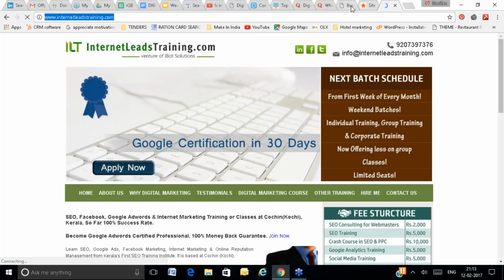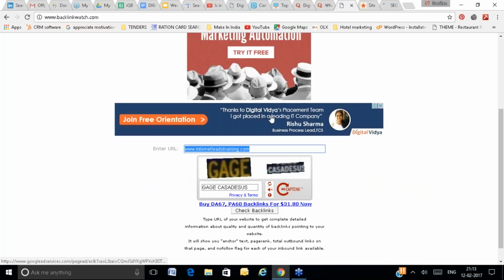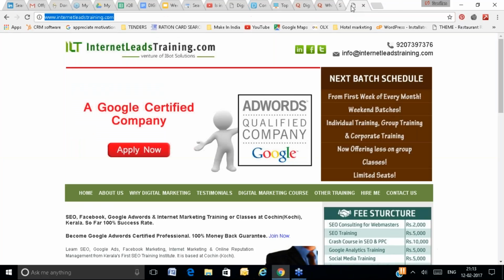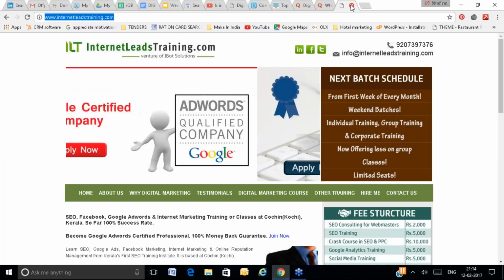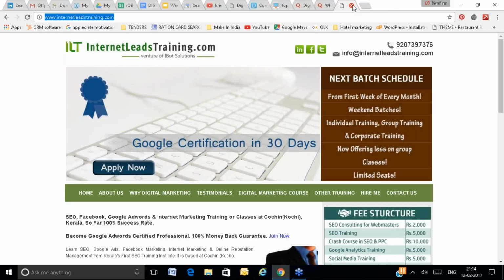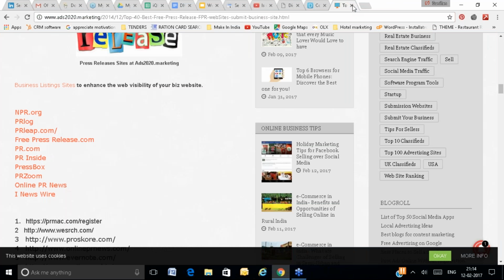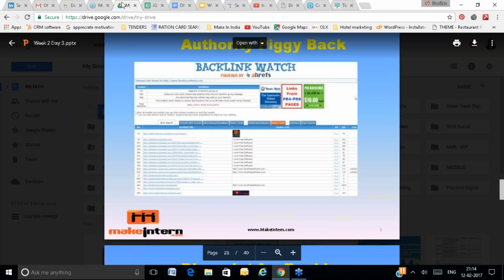Here you will place the URL and then check the backlinks. If the captcha is not correct, it won't work; otherwise they will give you the list of backlinks your competitor has acquired, and then you will try to get backlinks from the websites linking to your competitor.